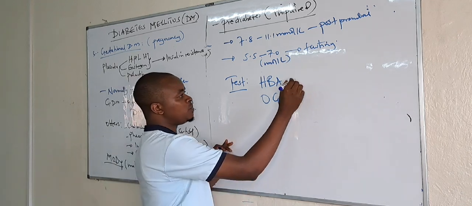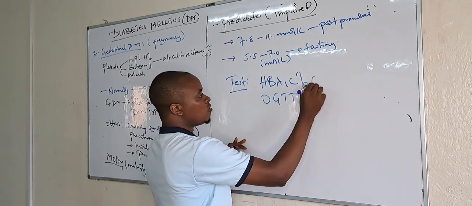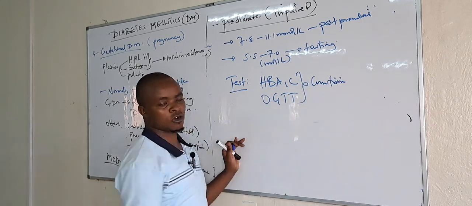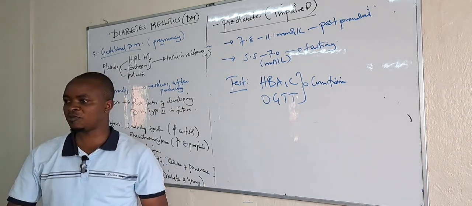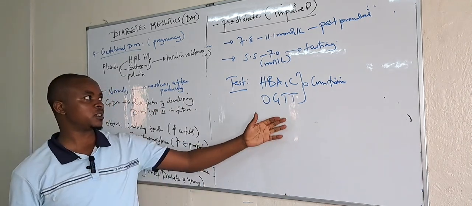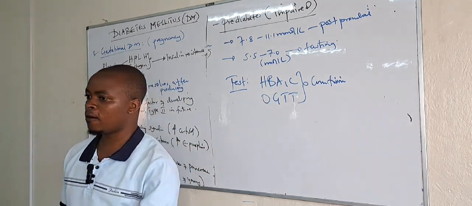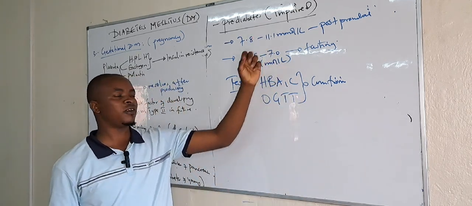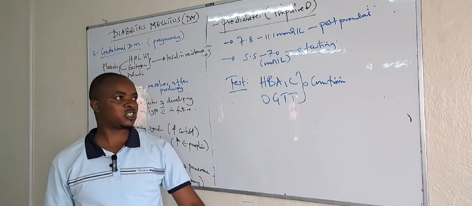These can help us confirm whether these people are diabetic or not diabetic. So when you are in a state of prediabetes, you can use these tests to confirm that someone is either normal or already diabetic. But we shall talk more on the